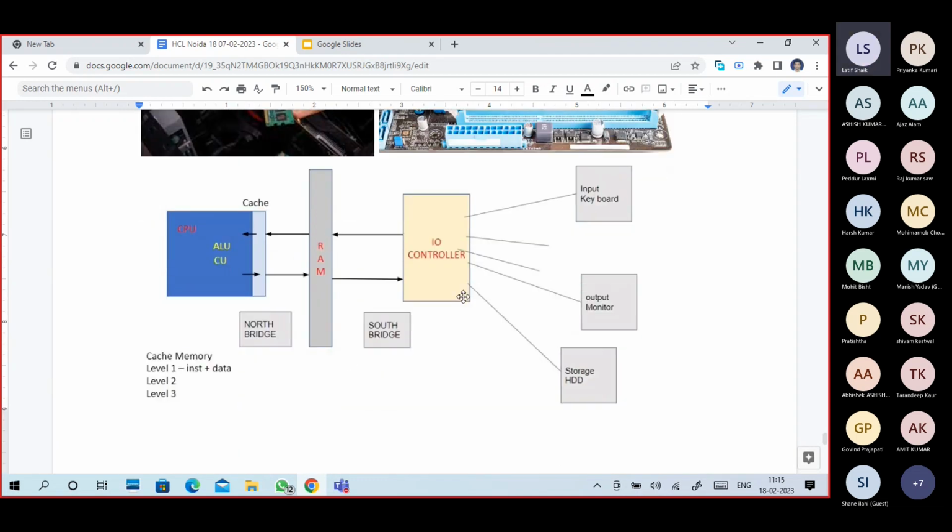Okay, this is how the RAM placement is: CPU, RAM, and I/O controllers. All our input output devices like keyboard, mouse, monitors, storage devices are communicated to the RAM and processor through the I/O controller only. This I/O controller knows which device is where, what their I/O address, I/O memory address is. Okay, this is a RAM,